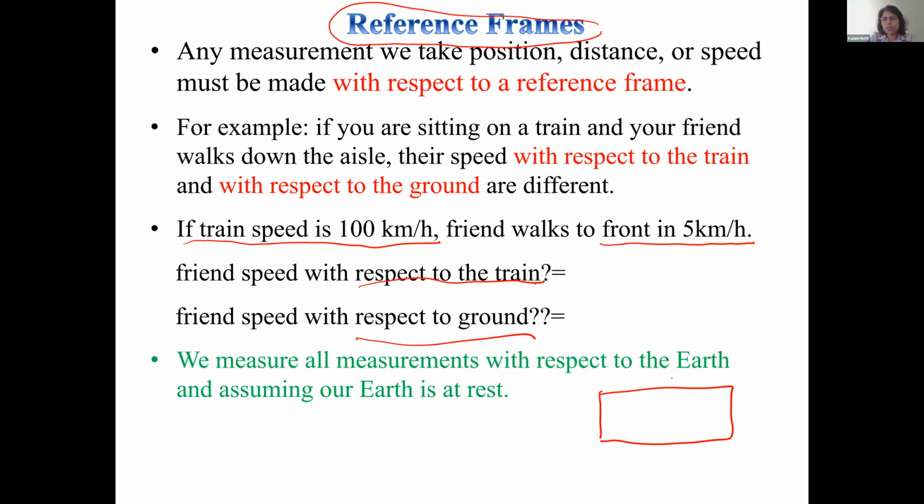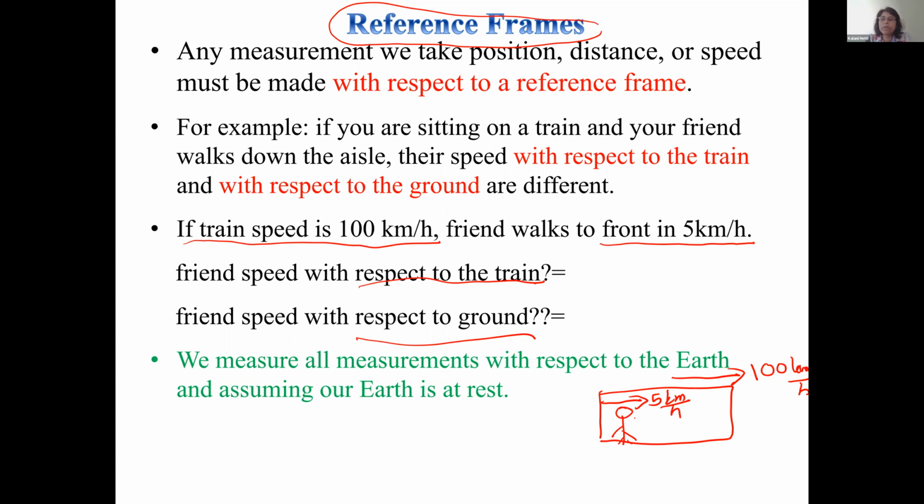So the train is moving with a velocity of 1000 kilometers per hour. And there is a person inside the train, that is your friend, walking inside the train with a speed of 5 kilometers per hour, right? Now it's asking for the friend's speed with respect to the train. With respect to the train, your friend's speed is just the friend's speed, because with respect to the train,